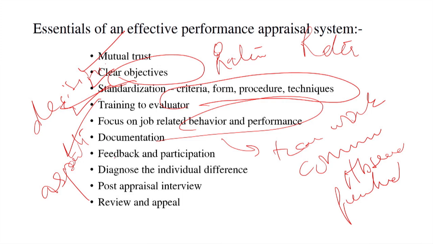Then the feedback and the participation. This is a word, feedback, which you cannot separate from performance appraisal. Because as I told you, feedback is always given by the manager or the superior or the head to the individual employee, stating how the performance of the person is, and whether the person is in the right direction of achievement of the predetermined goals of the company or not. So feedback has to be given by the rater to the ratee, so that corrective actions can be taken.